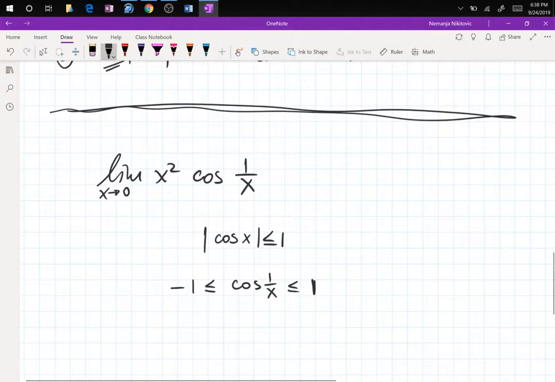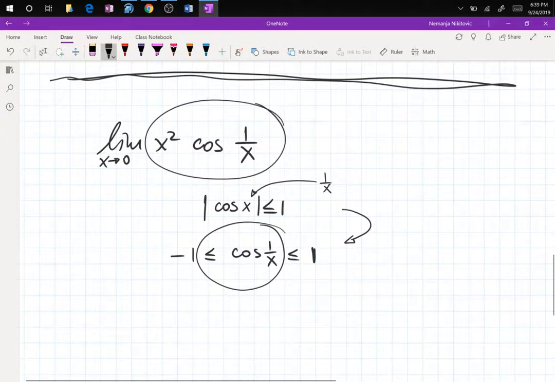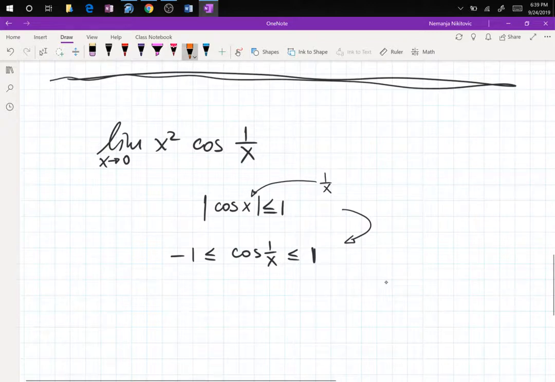Now we're going to plug in 1 over x, and then go from that place. So now when I have this, I compare the middle with the problem over here, and I notice that x squared is missing, which is where I take the x squared and plug x squared into every one of these. So this is a three-sided inequality, and we get